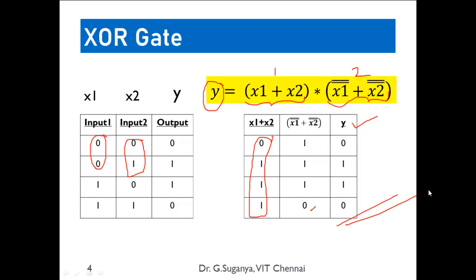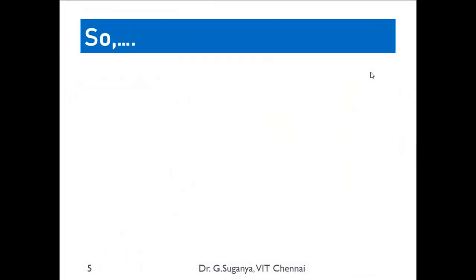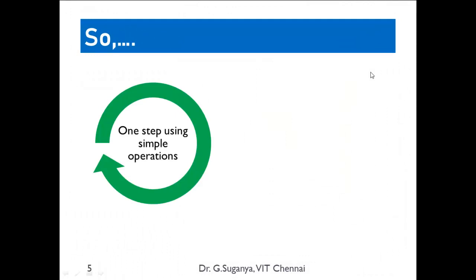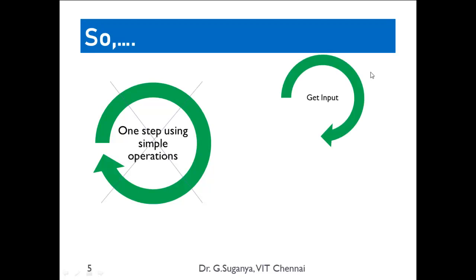So can you execute this using single layer perceptron? Of course not, because single layer perceptron will take x1 and x2 as input. It can just straight away feed them to an adder circuit, subtractor circuit or a multiplier circuit, that's all. It cannot temporarily process this kind of data, keep it in a temporary space, and then process the result. That's where we end up with the requirement of multi-layer perceptron. Are one step and simple operations enough for you? Not at all possible. For all kinds of problems, this is not enough, and hence we need to first get the input and compute some subfunctions, as we have seen.